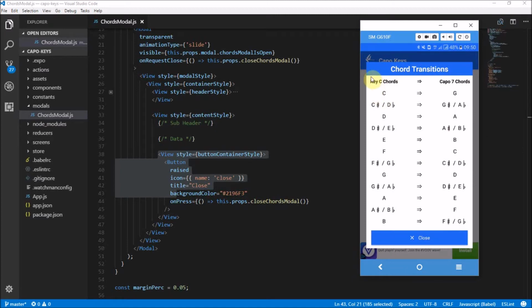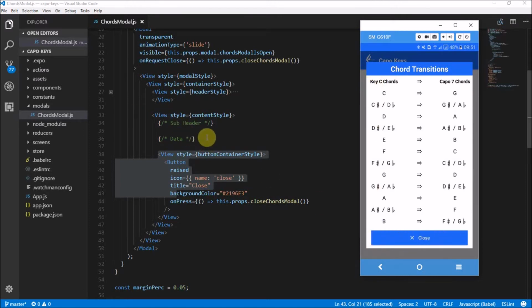Now, inside the content style, we're going to wrap the subheader and the data into its own little style thing as well, because we want to get these rows organized so we can have that whole perfect row thing going here. If you think about it, there's a whole bunch of rows going, and then there's 3 columns going down here. And if you've noticed, they're kind of evenly mapped out because I've given them all a flex of 1 to take up a fixed amount of space each. So this area here is going to be in its own little container view,